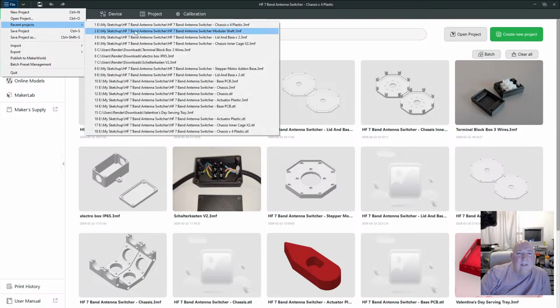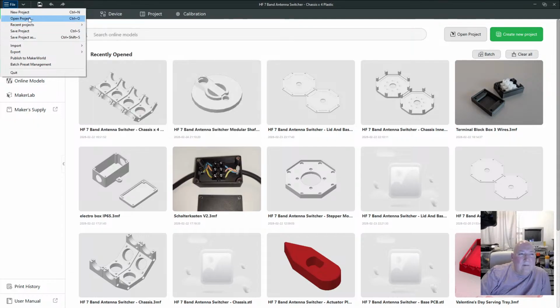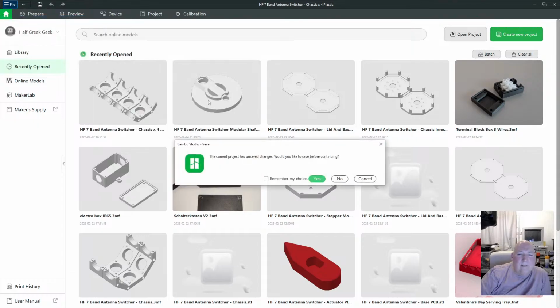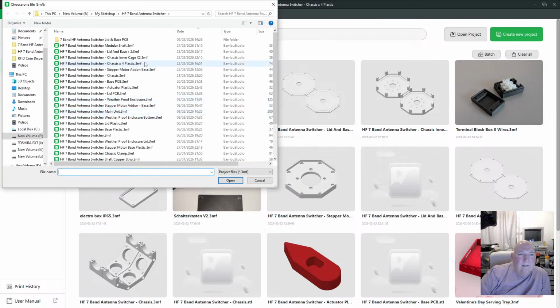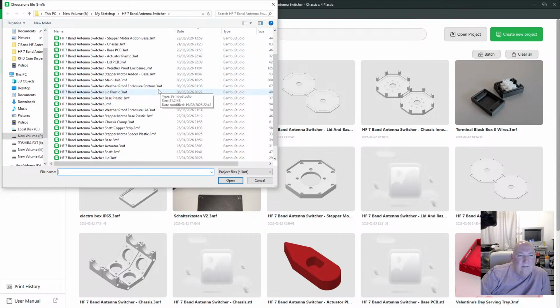No, it's not there. Didn't I save it? What happened to that? Open a project. I don't know what I've done with it. Did I not save that? Maybe I didn't save it.